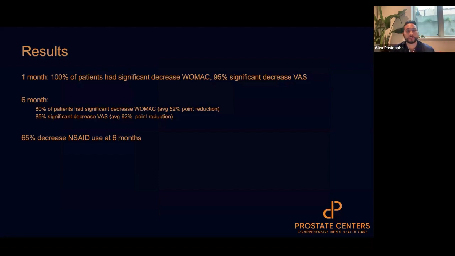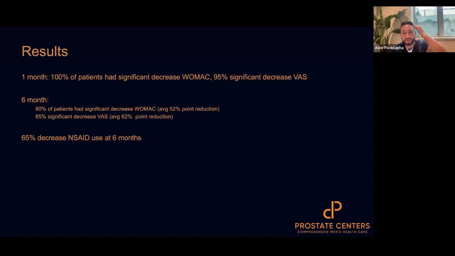This is just to kind of get into the details about this, but 100% of patients at 1 month had significant decreases in WOMAC, which takes into account function and pain, and then 95% significant decrease in VAS, that's visual analog scale, which is self-reported pain. At 6 months, 80% had significant decrease in WOMAC and 85% in VAS. So,